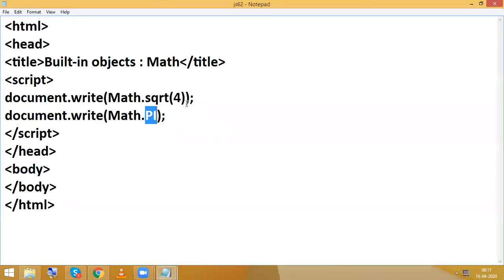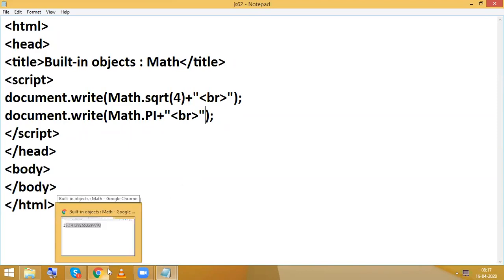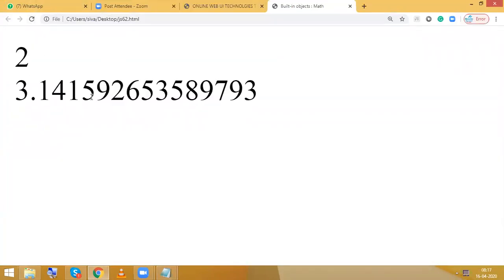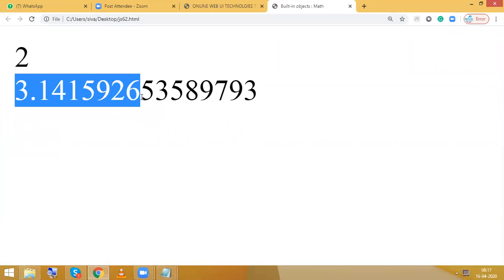I want to display it in a new line. Let's just say, this is the square root of 4 and this is the pi value.